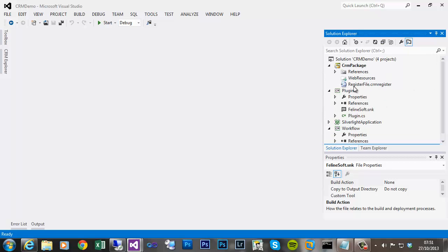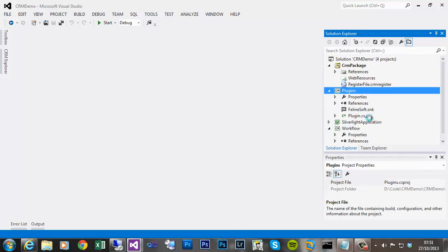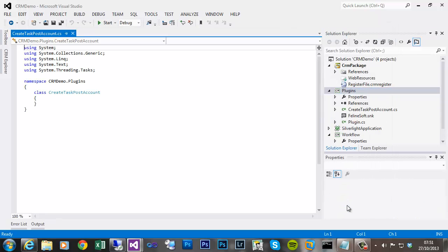So we're going to be creating a new plugin. So if I right click on the plugins project, add new item, it's simply a class library which I can give a name to. In this instance you want to give it something descriptive to yourself, so I'll say something like create task post account. So it's going to be quite a simple plugin that will create a task after an account has been created. So if I add that,